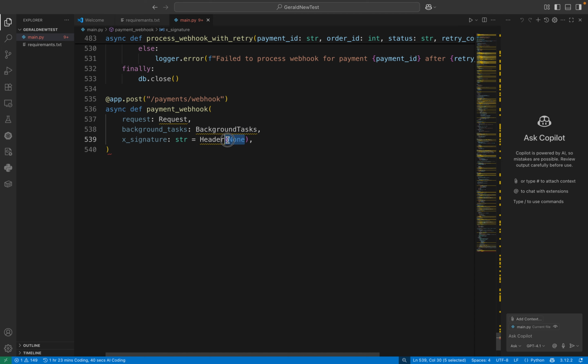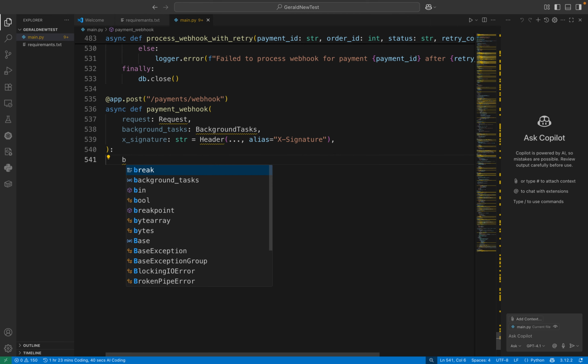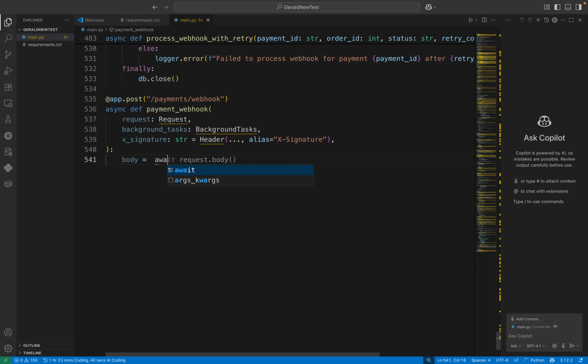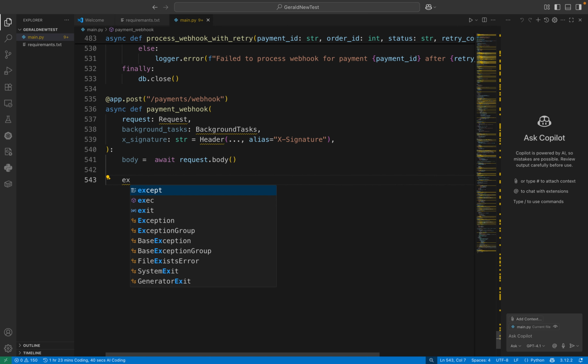Signature. Signature for header. Okay. And yes, like signature. Then we are going to deal with the body. Body is supposed to await the request body, and then